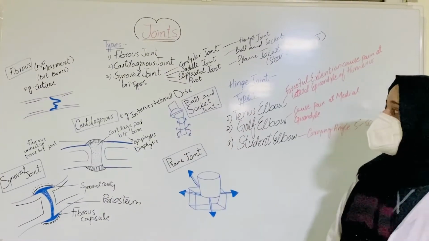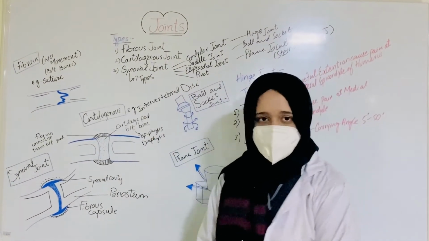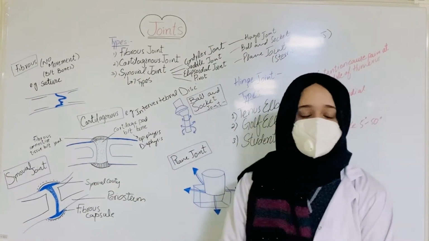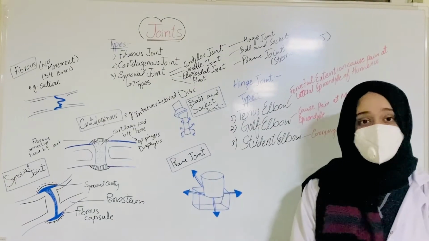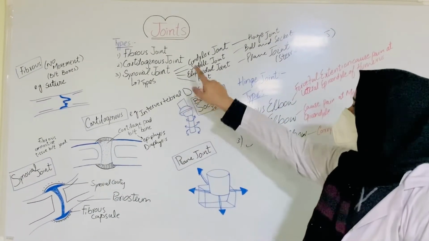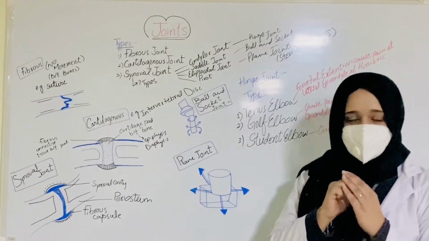Now I will tell you about the third type of joint, which is the synovial joint. It is present in the synovial cavity. This is the most important joint of the body and they are freely movable joints. There are 7 types of synovial joints. First one is the condylar joint. It is present in the knuckle at first